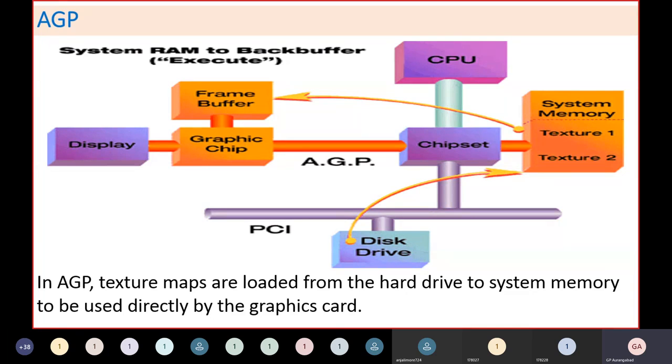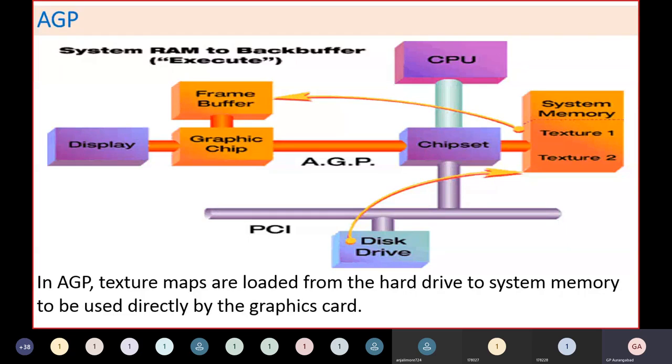Now at the end, if somebody asks me, sir, is AGP required on your machine? If you have i3, i5 or i7 machines like what we have today, then you will find you normally have a PCI Express bus, which is relatively 10 times faster than the actual PCI bus.